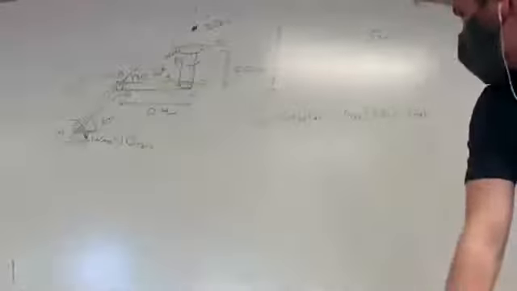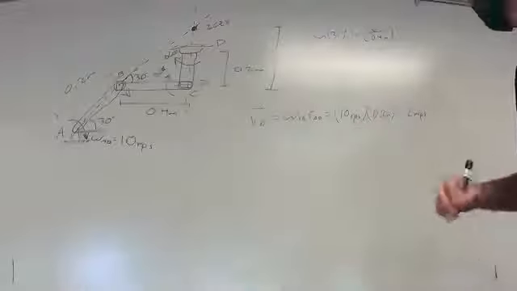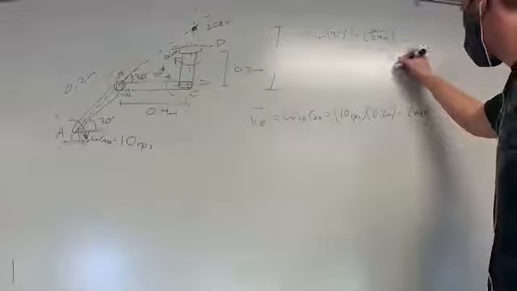Why isn't the individual squared? Because it's only squared in your acceleration formulas. Yeah, so we know